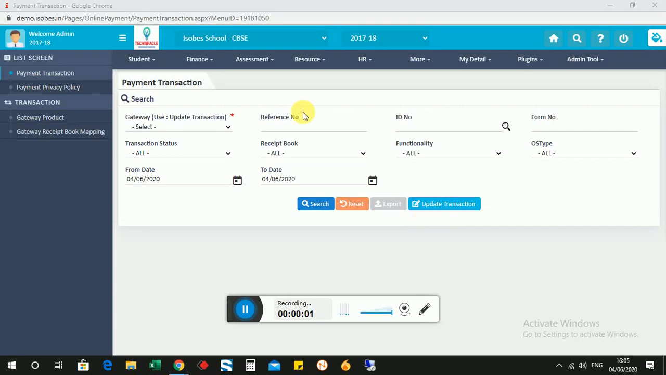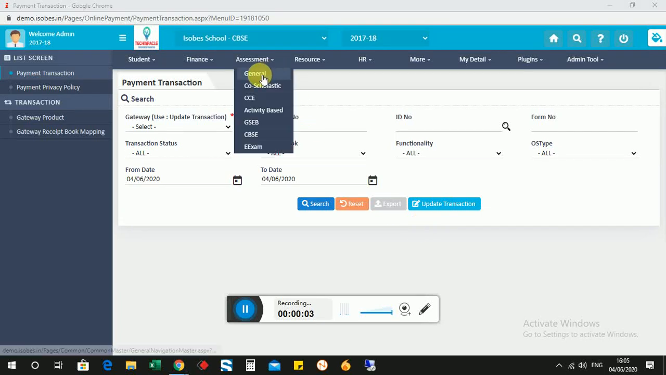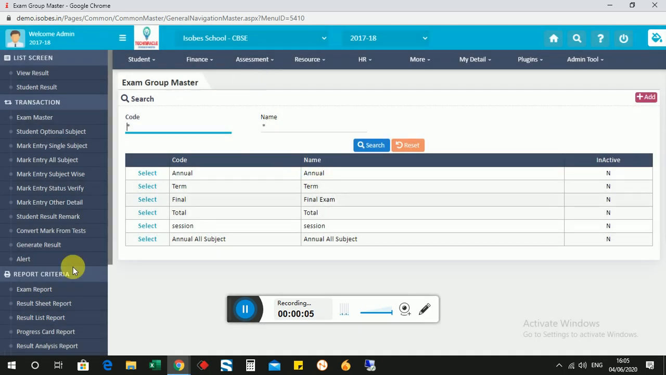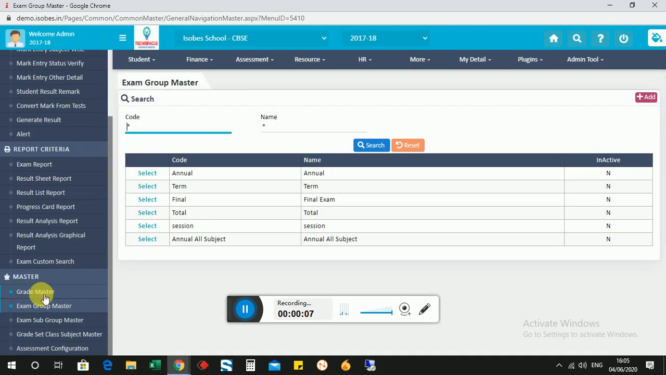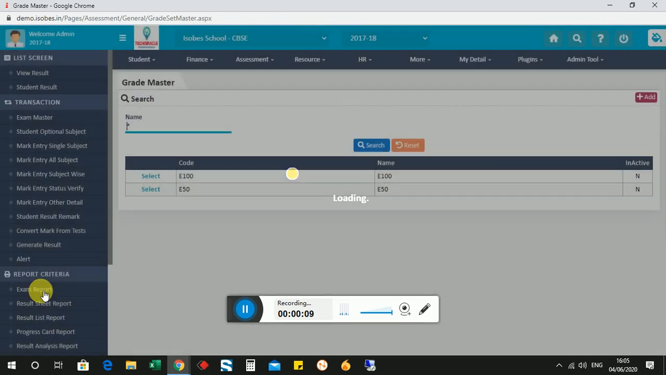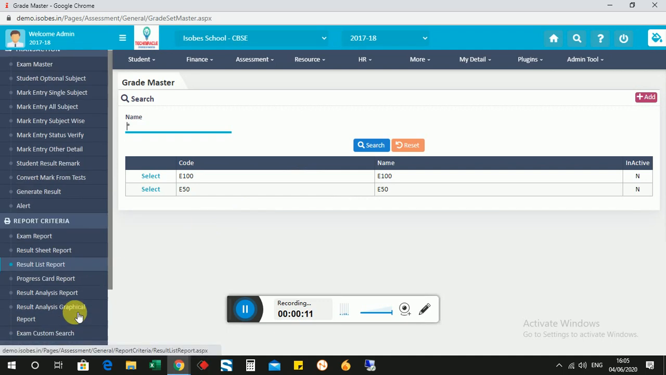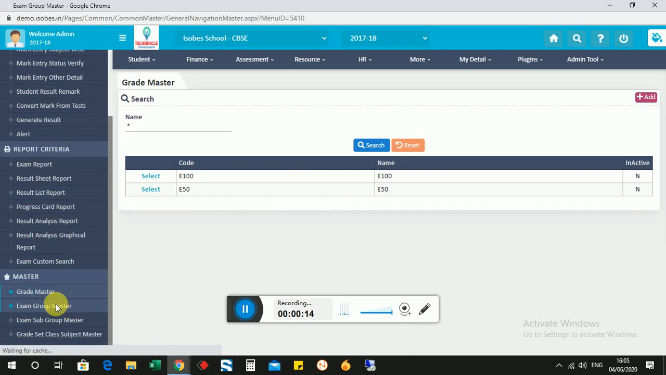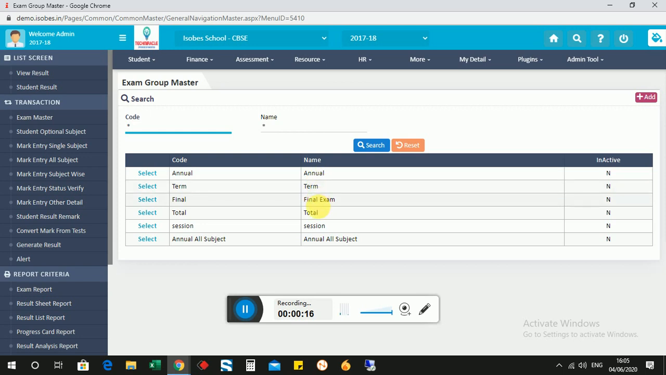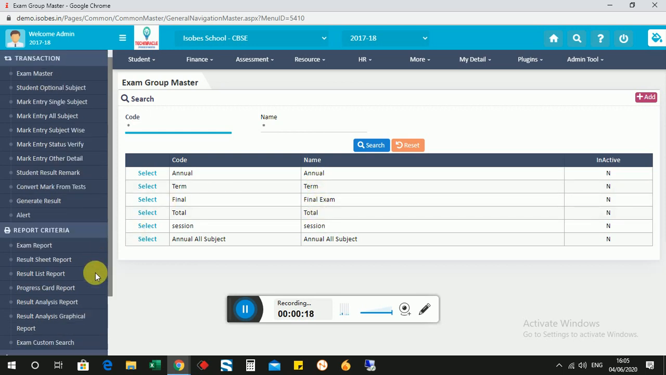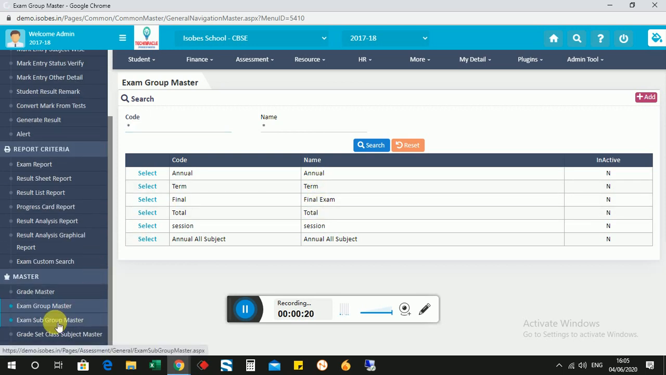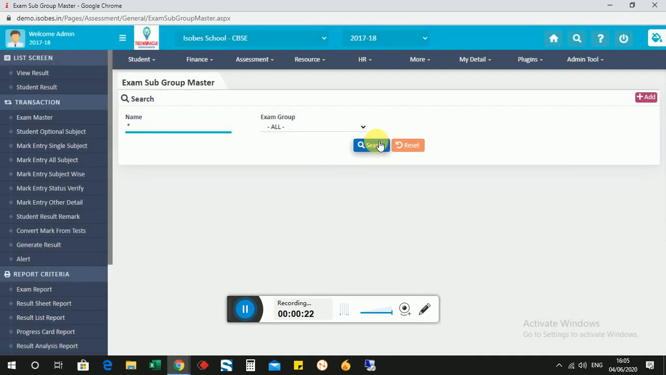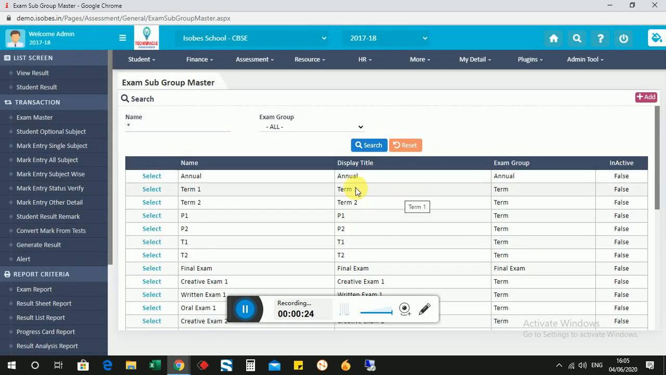Moving further with our next module, that is assessment, wherein we can have the examination in general. First of all, we have the grade master, wherein we can define various grades for the examinations. Then we have the exam group master, wherein the various examinations taken by the organizations can be defined. We can define the various subgroup masters of the examination, such as for the term exam we can define term